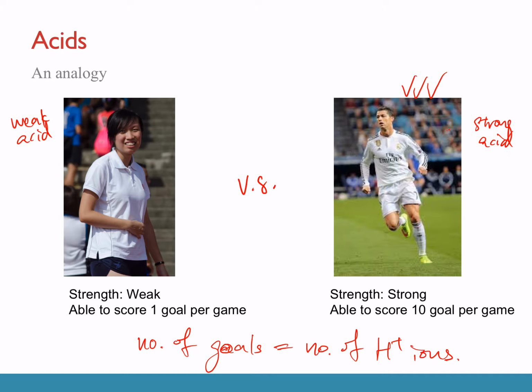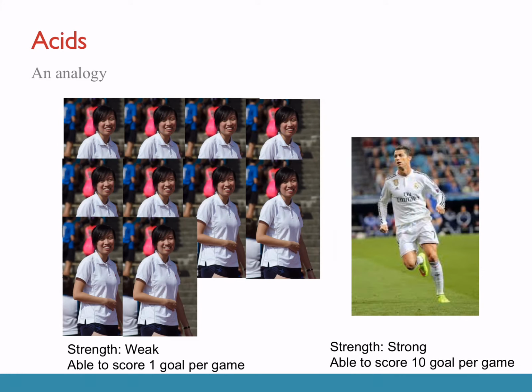So if it's 1v1, of course he will win. Okay, so what about if I have a team of 10 people? Okay, we all have the same strength. It is clones of me, versus one of him. Even though individually I'm weak, I can still only score 1 goal per game, but as a summative effort, now I can score 10 goals. Whereas he also scored 10 goals, and in this game we become tied. Okay, it's a tie.